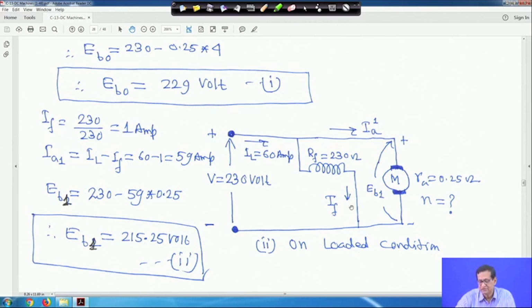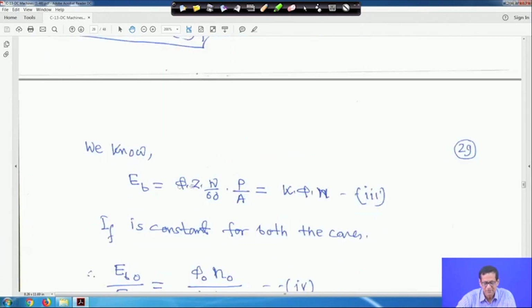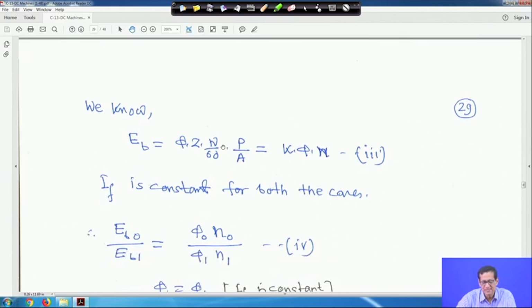So, this is on loaded condition. This is a circuit, you just try to separate the circuit and solve it like a DC circuit. You can only look at all these conditions, right. So, after this what we will do, we know this Eb is equal to phi Z N by 60